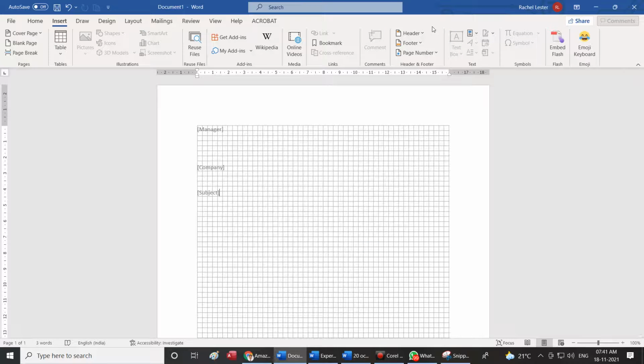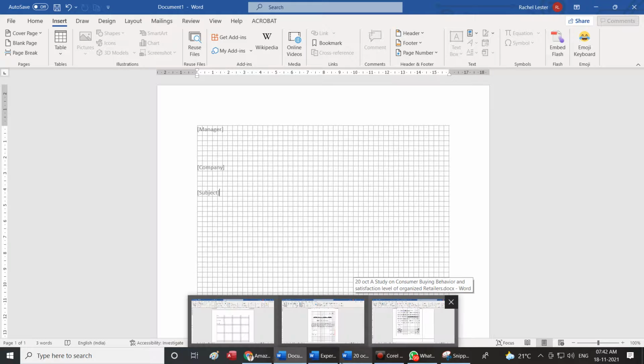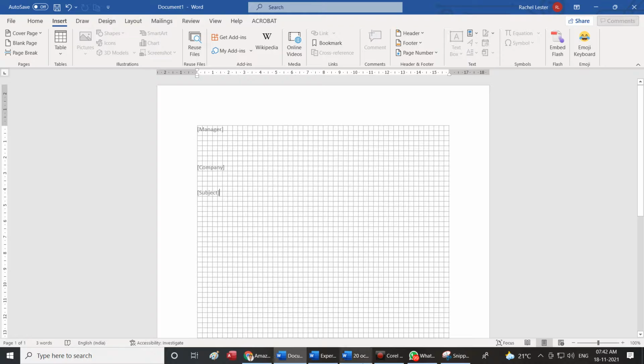Now when we talk about the properties of any document that has been created, I'll just show you. Whenever I create a document, the document is created with a lot of properties. What are the properties? What is the date of creation of the file? What is the total size of the file? How many times was it edited? Who is the author of that file? When was this file created? Like that, a lot of properties will be associated with a particular file. I'll just print one such and then show it to you.